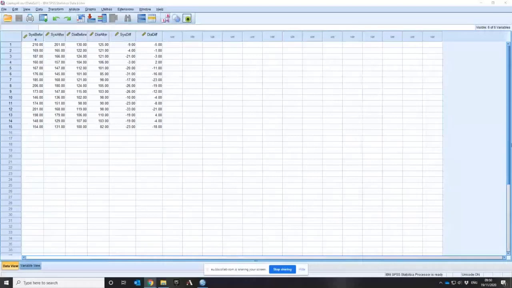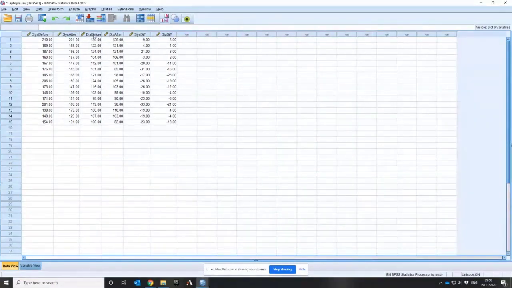So as I said, you want to have a single outcome variable to know if your treatment has been successful or not. In this case, this is data which measured the values before and after of the systolic and diastolic blood pressure, and then you can work out their differences. Now, the way you want to look and think about this set of data,